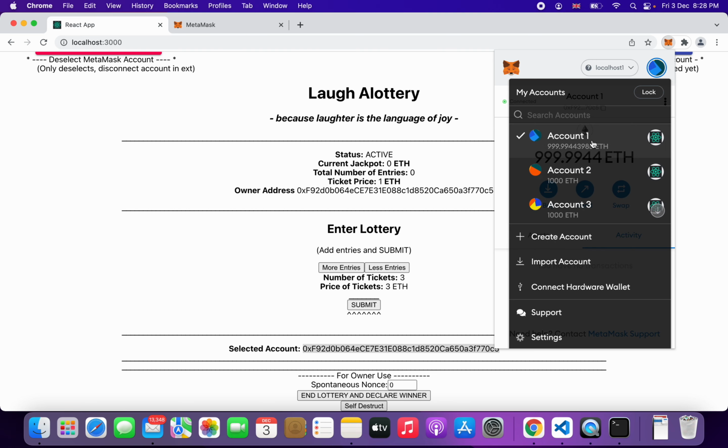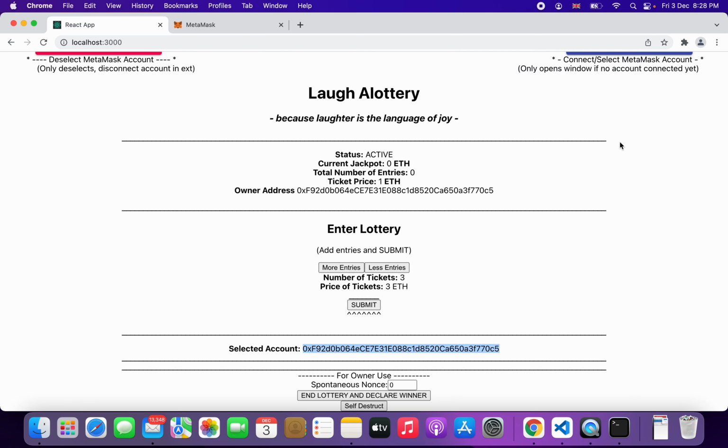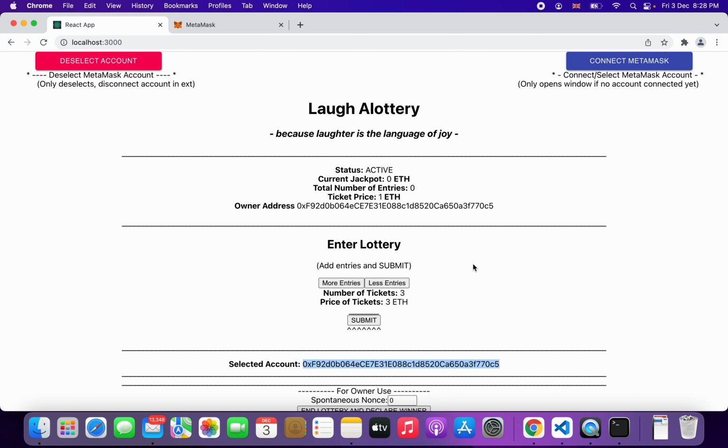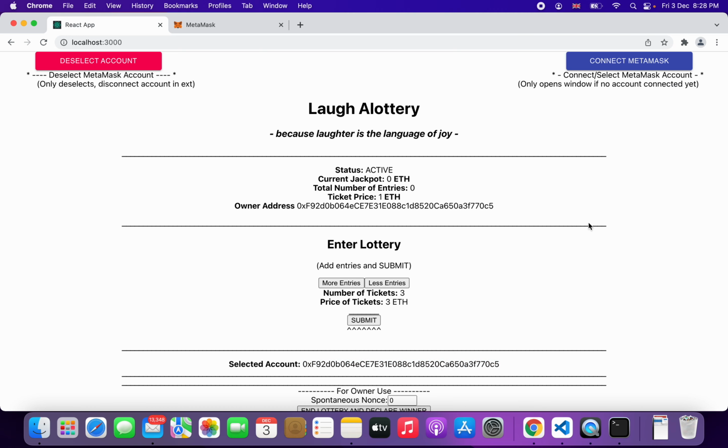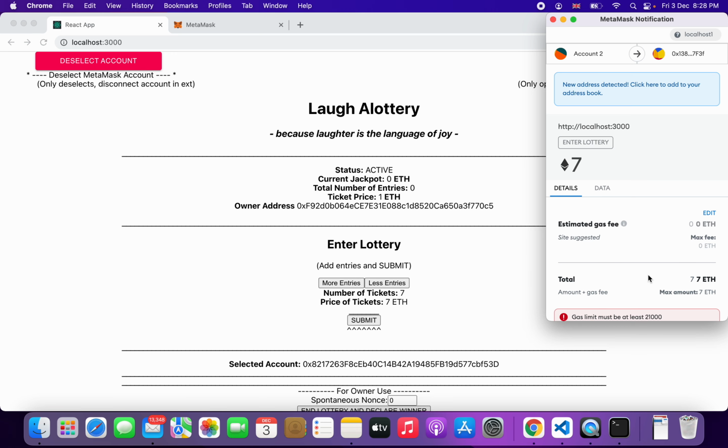So for now, we'll switch the account to account 2. You see how just by clicking account 2 on MetaMask, it hasn't changed the selected account. You need to click the connect MetaMask button in order to select it on the interface. And so now we can choose the amount of entries you want. 7 tickets for 7 Ether, since one ticket is priced at 1 Ether. So we can submit there